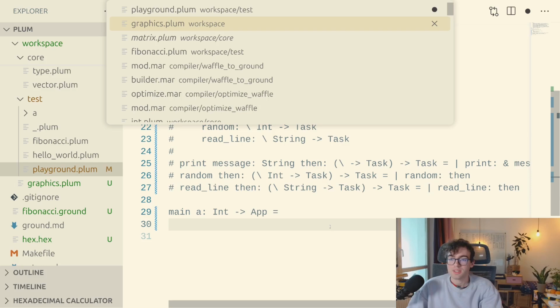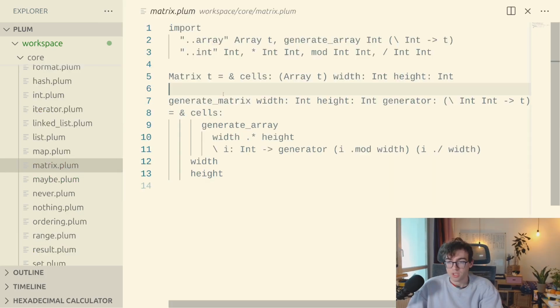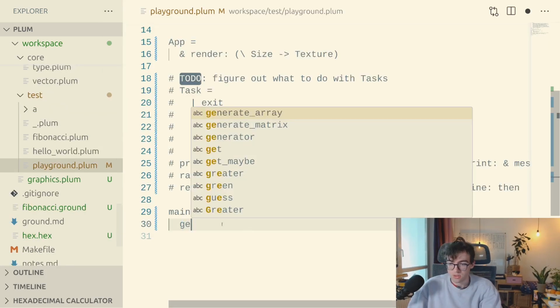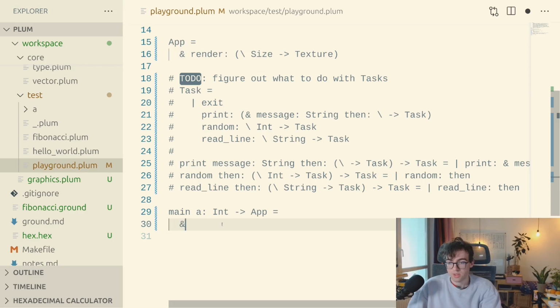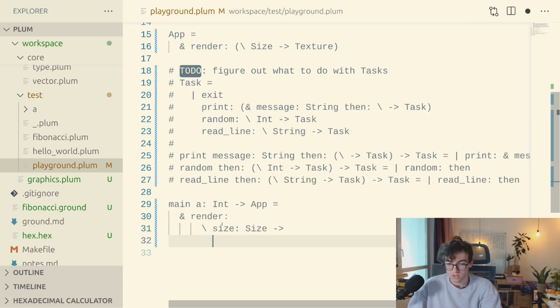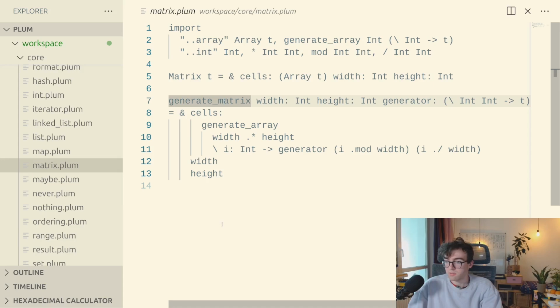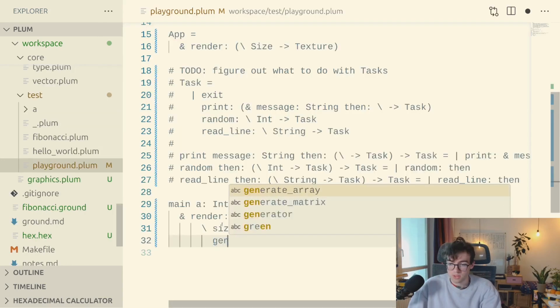That's simple. That would be generate matrix. Hang on. That's a struct with a render function that then accepts the size and returns a texture by calling generate matrix